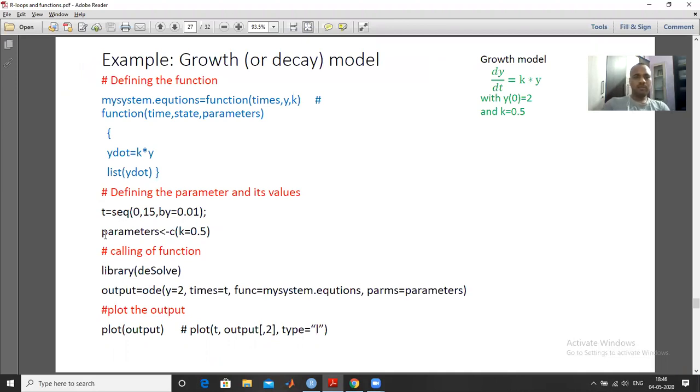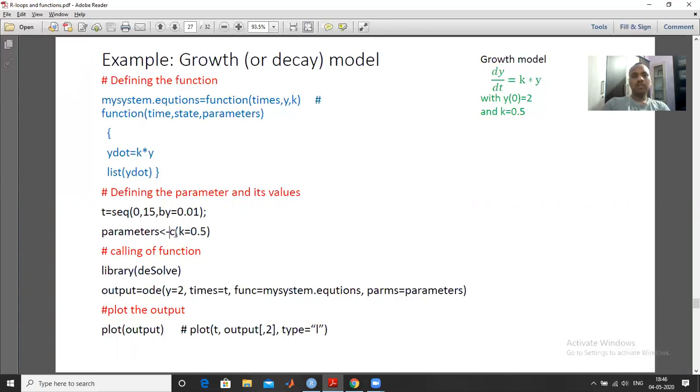And after that we want to solve this differential equation from 0 to 15, and after that we will define the parameters. There is no matter whether you write this assignment operator or you use the equal sign, both are the same. So parameters equal to c, k is equal to 0.5.